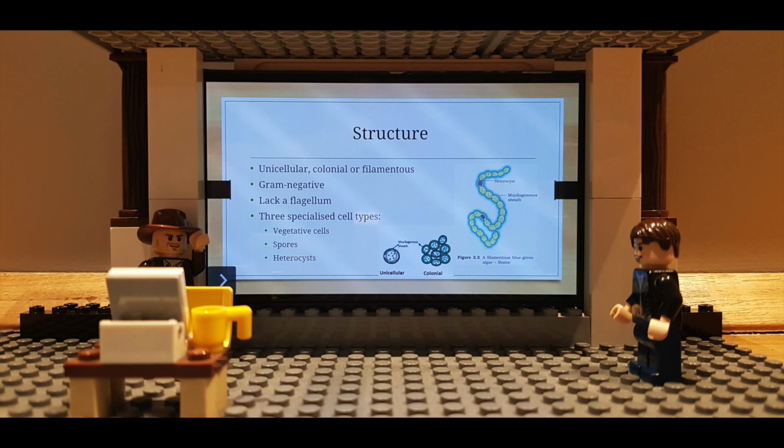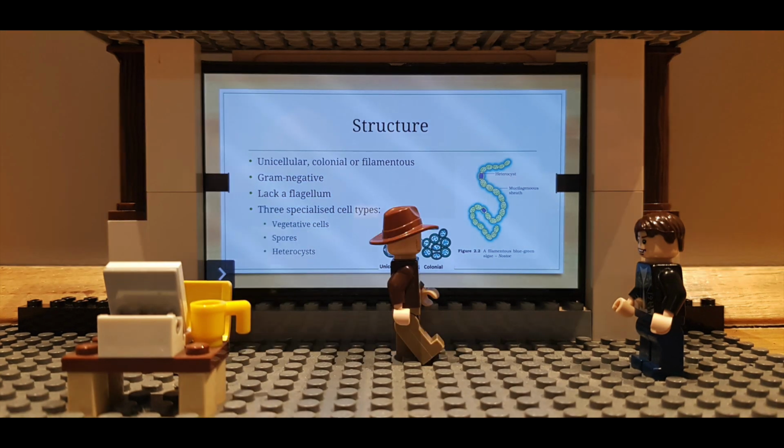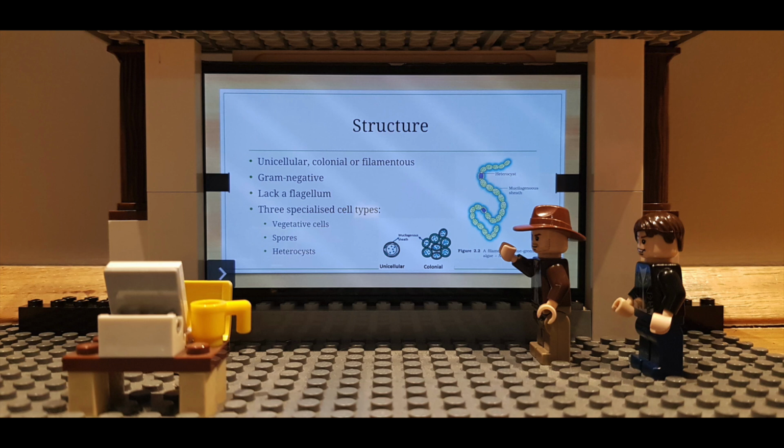Cyanobacteria can be unicellular, colonial, or filamentous. They have a thin, single layer of peptidoglycan in their cell wall, contain an outer membrane, and have a periplasmic space, classifying them as gram-negative. Furthermore, they have structural properties in concordance with other bacteria, such as containing this peptidoglycan cell wall, have DNA that is not covered in histone proteins, and membrane-bound organelles are absent. They also lack a flagellum, but still engage in sliding movements.